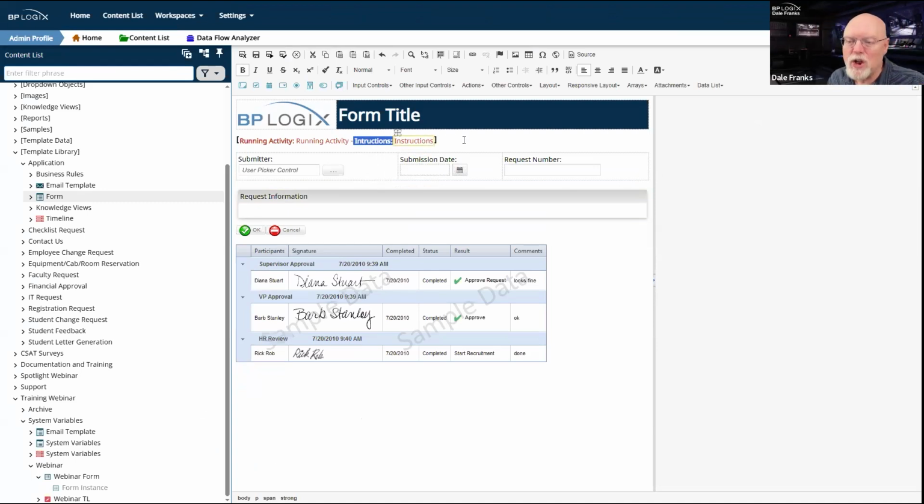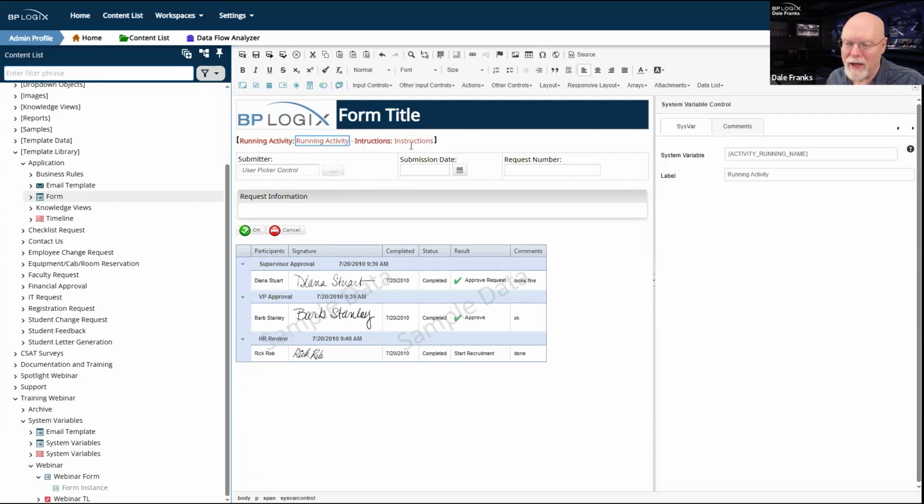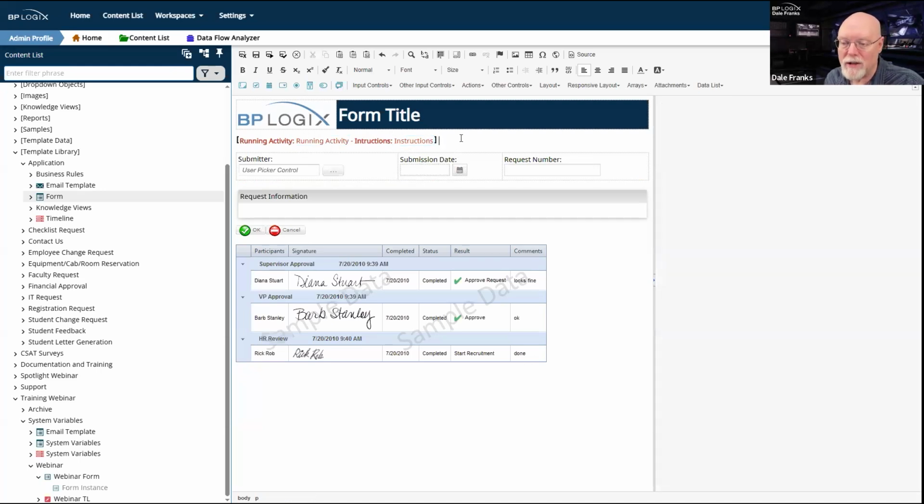But if I show this line of text, then if I'm not in a running activity, then I will have neither a running activity name nor instructions. But what I will see is running activity : dash instructions : which is going to look ugly at the top of my form, and I don't want to see it. So if somebody opens up a new form instance, I don't want to see these items.